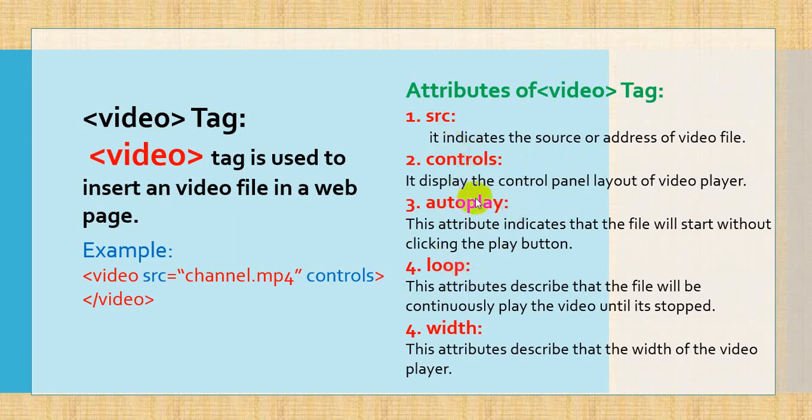So these are some attributes which are common while you are using the video element, or you can insert an audio file also. So these are some basic common attributes like SRC, controls, autoplay and loop. Then in the video tag we have seen width and height attributes which specify the layout of your video player. Okay, I just want to show you the practical which we have completed in our last